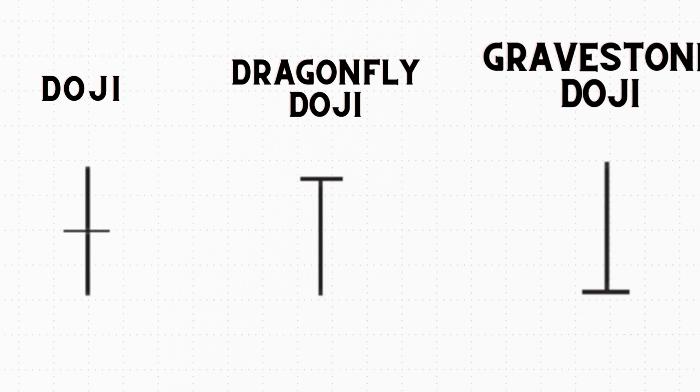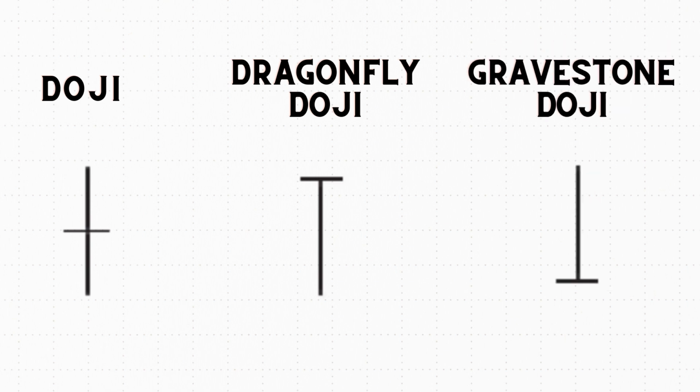And again for the gravestone doji, the same way, it went high above but again got rejected and came back. Due to strong rejection, there is no body itself. Entirely you are seeing it as a strong wick. So all these three dojis will not have any decision on which movement the market is going to take. So these are even called indecision candles.